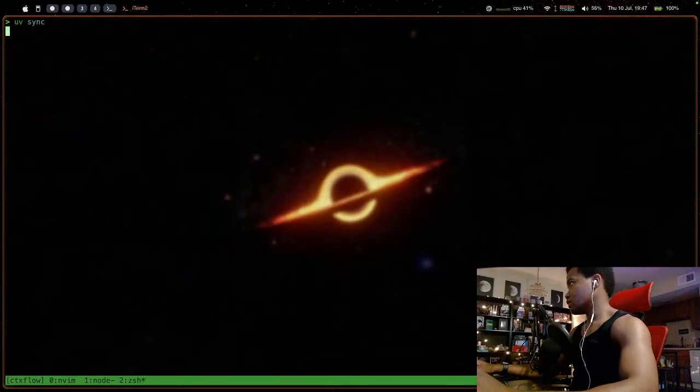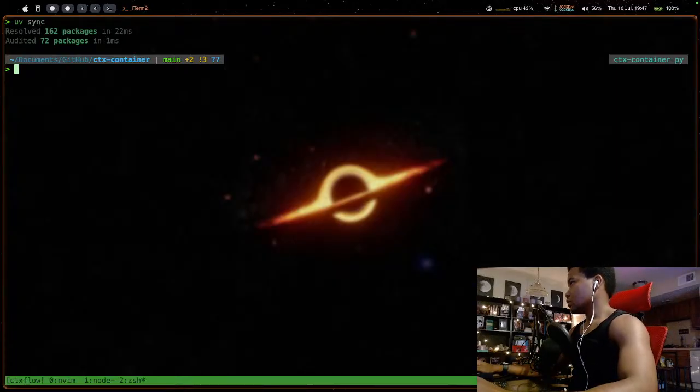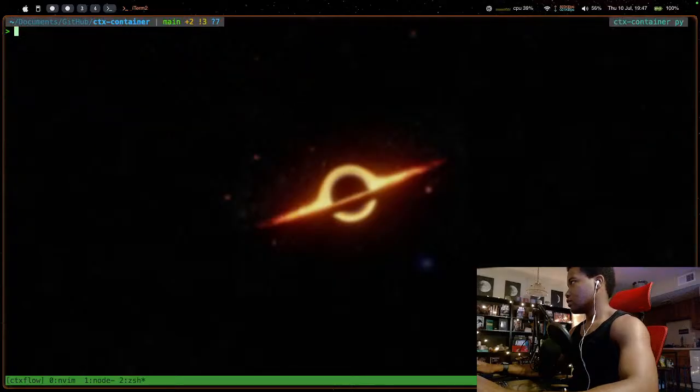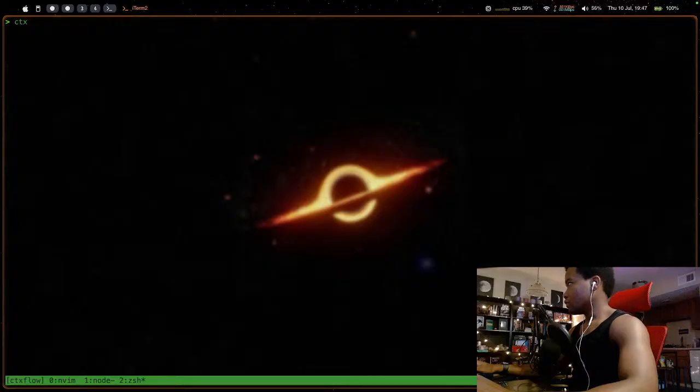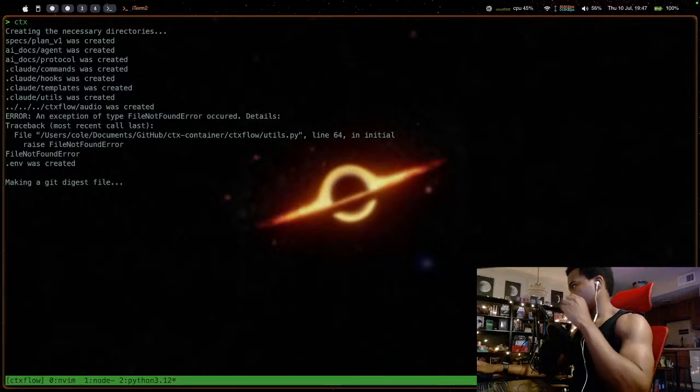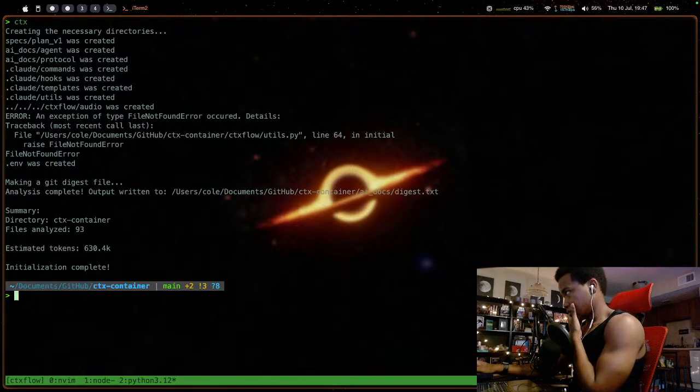uv sync, uv pip install that, editable dot. Hopefully nothing breaks. Okay. I still get that error where I get a file not found error.